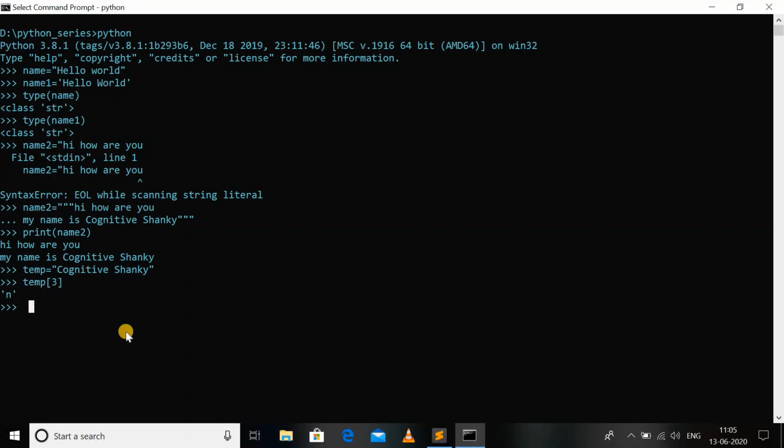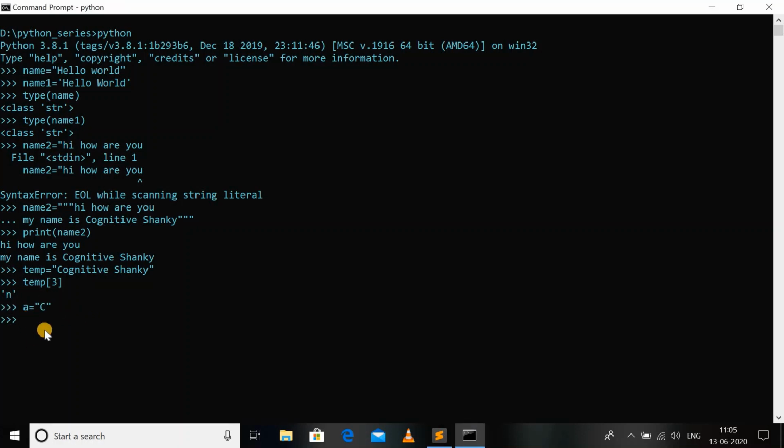Another interesting thing in Python is that Python doesn't support the character data type. Unlike other programming languages, characters in Python are treated as strings of length 1. So let's say I have a variable a and I store the character c in it, so it is also a string of length 1.